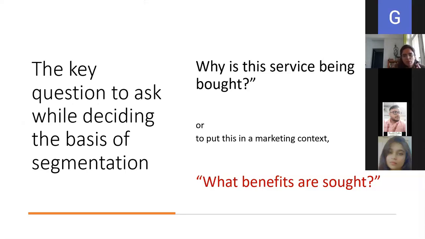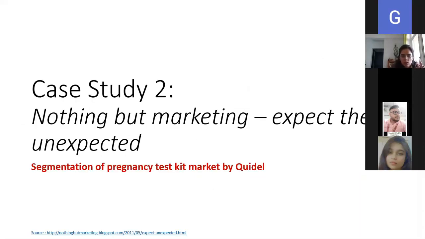It was not segmentation on age या income पे नहीं गया था, उन्होंने QDIL पे. They found out that there's some benefit that they see, benefits that people, girls who want to get pregnant and those who don't want to get pregnant, there's some kind of benefits associated with these kids, and how this benefit is different. So they targeted and segmented their market based on the benefits. After that, you can profile that. Okay, so you can go through this case study also. This is a very good case study, QTEL.